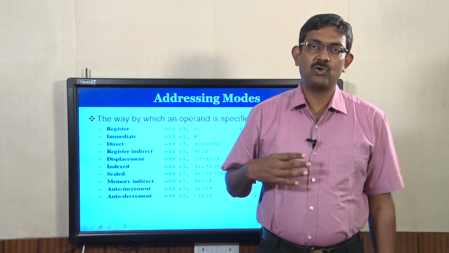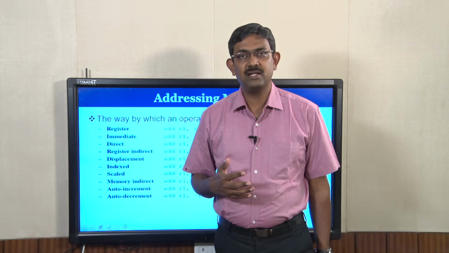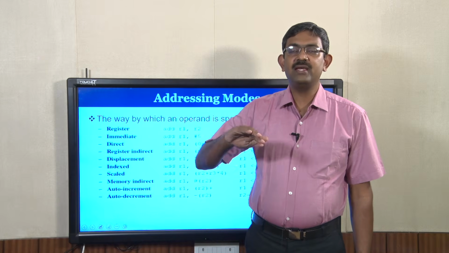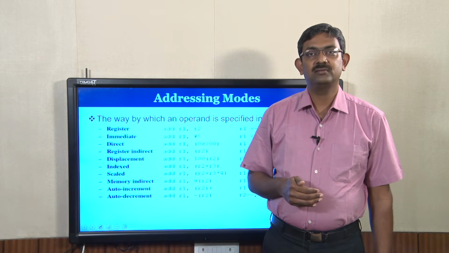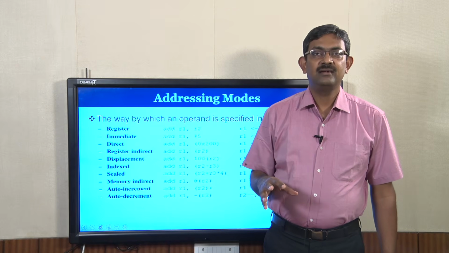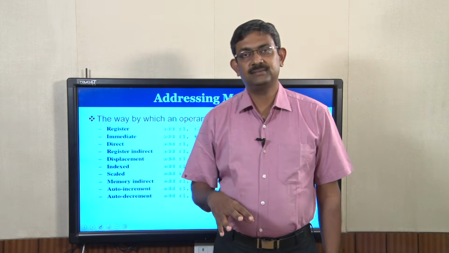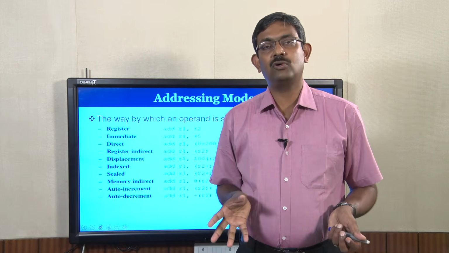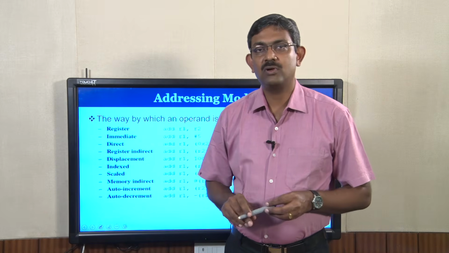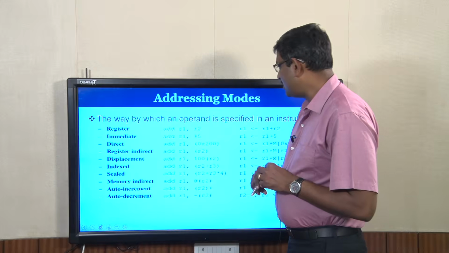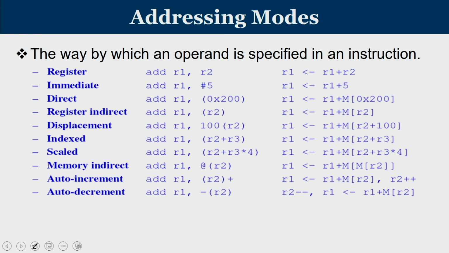When I directly mention the roll number, it is called direct mode of addressing. When I specify it in an indirect way, then it is called indirect mode of addressing. Similar to that, when you specify instructions, the operand can also be mentioned in different ways. That is known as addressing mode. This slide shows you different ways in which I can perform the operation.